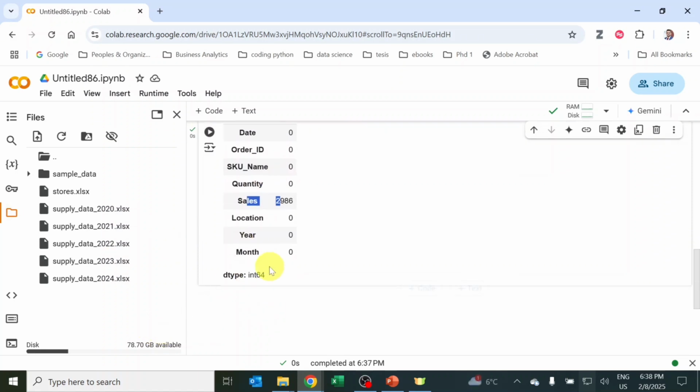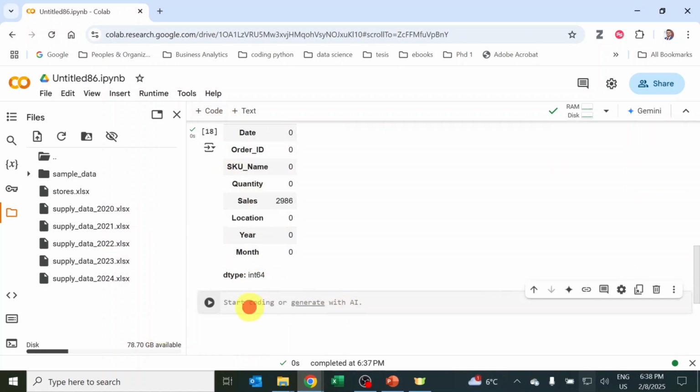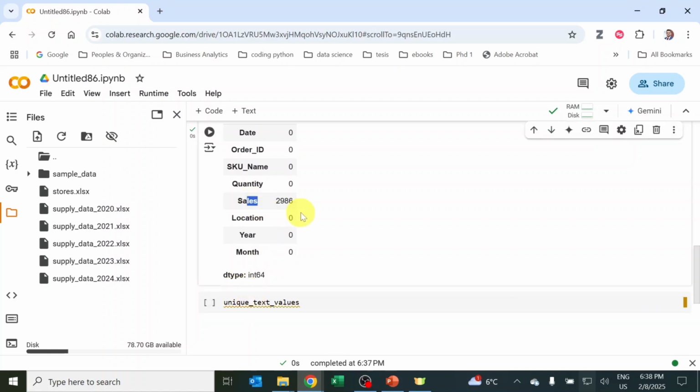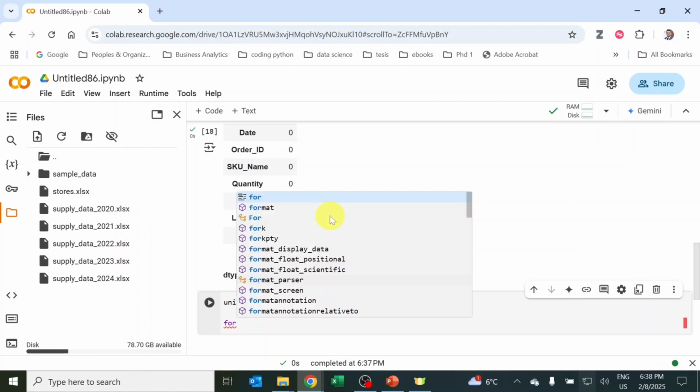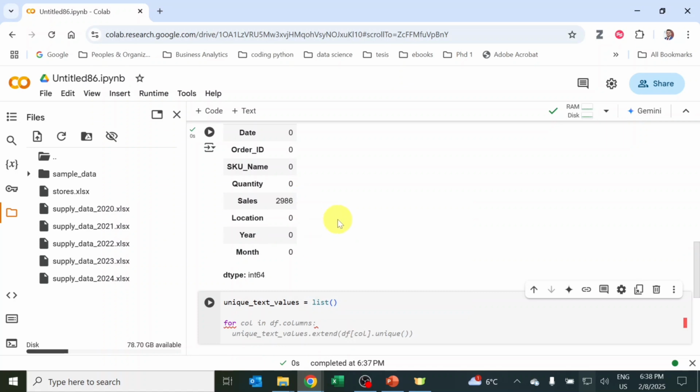In order to do that, we're going to loop again. We're going to create an empty list, called unique text values, because in the sales column we should only have numbers. So if something is text, it's most likely a missing value that is called something other than a missing value. We create this list, and then we iterate through the different values of the sales column. So for value in my data frame, in the column sales,